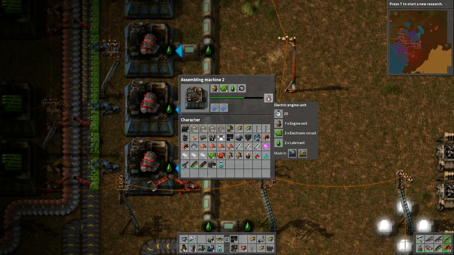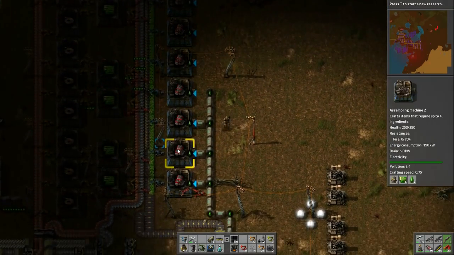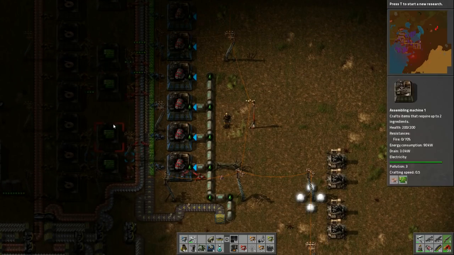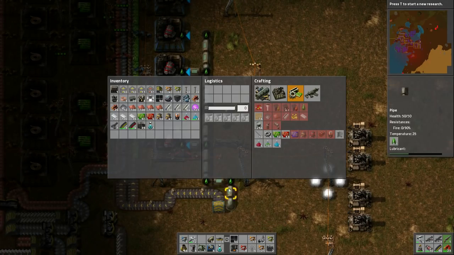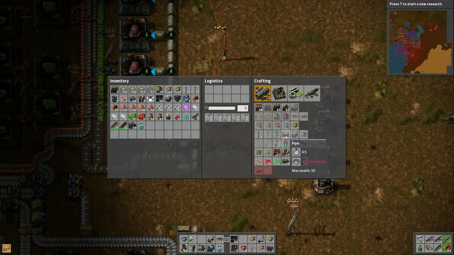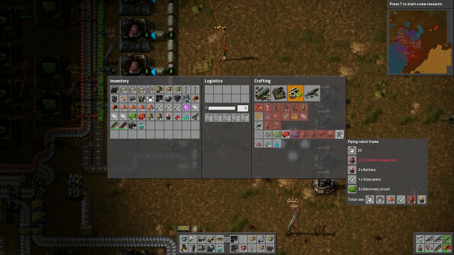These take 20 seconds, which is the equivalent of the regular engine units. So for every engine unit production we're having, we add one of these, and we're definitely making enough circuits then. We're making way more than enough circuits, so that's absolutely fine. Okay, nice and simple. So I'll just go ahead and make some more pipes, and then we have our electric engines. What next then? After the electric engines, we're going to want to make the flying robot frames, which need